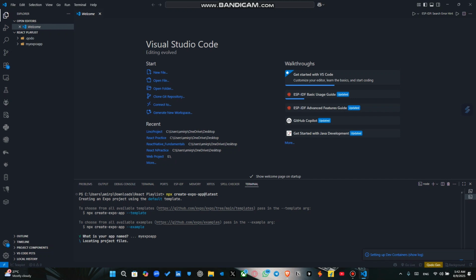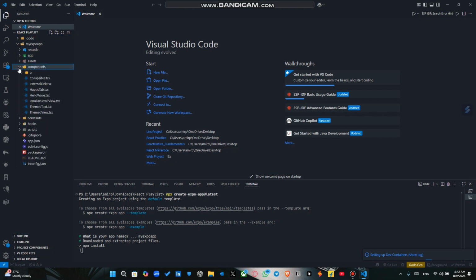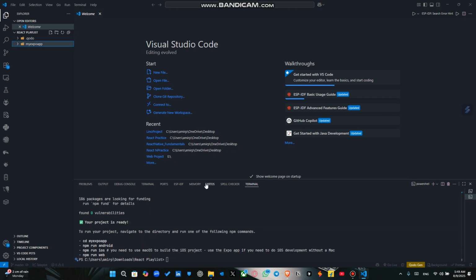and hit enter. As you can see here, there is a project folder called my Expo app created, and you have so many other subfolders like the components, the constants, and all that. Let's give it a few minutes. It's installing the dependencies here. Okay, now the project is successfully created, and as you can see here, we have a number of commands that